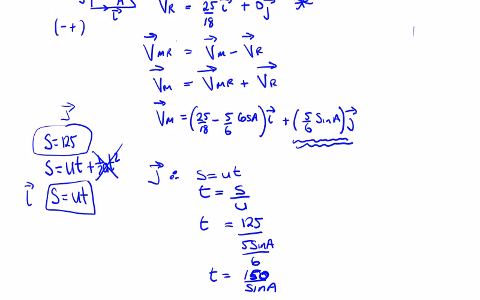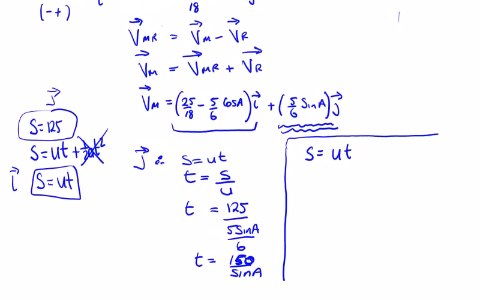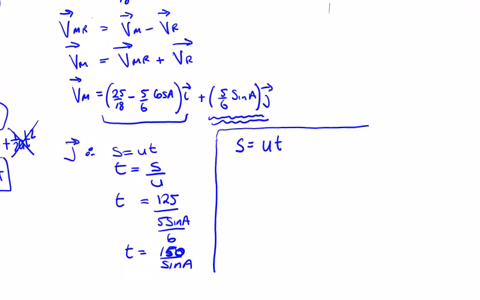Now, if I can sub this back into my I direction, I should end up with an equation that I should be able to differentiate to find these angles, cos A or sine A. So u in my I direction is this guy. Again, let's sub that in. S is equal to u times t. So I'm just going to move it across to the left here. I need a bit more space. So in this case, for I,